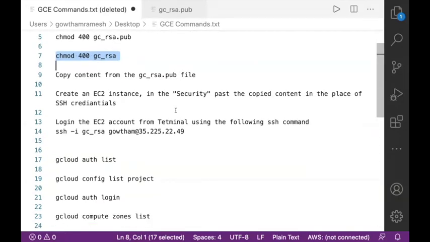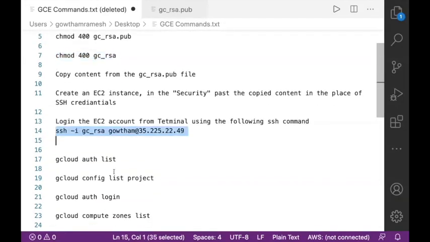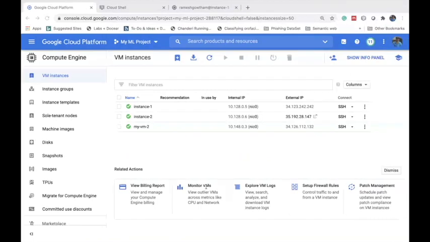The next one, use the SSH command to communicate with the remote system. For this, you have to specify the external IP of the remote system, which is the one we just copied.